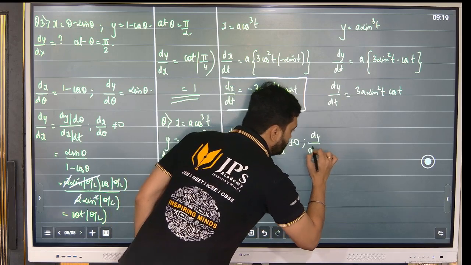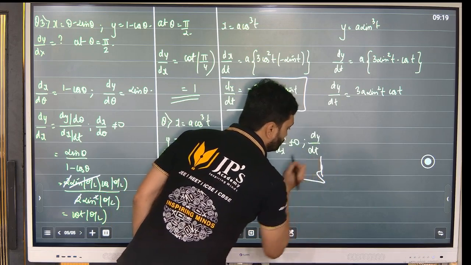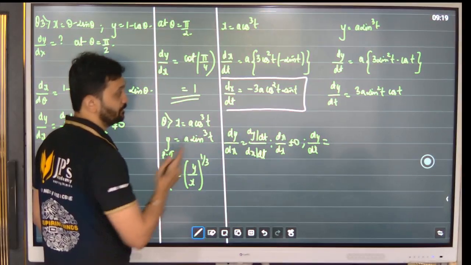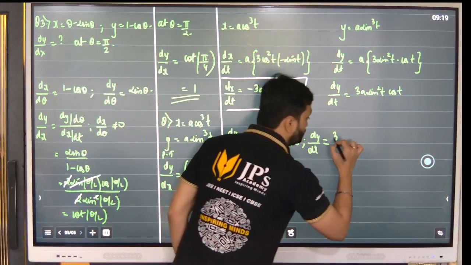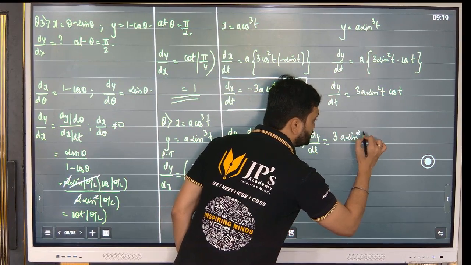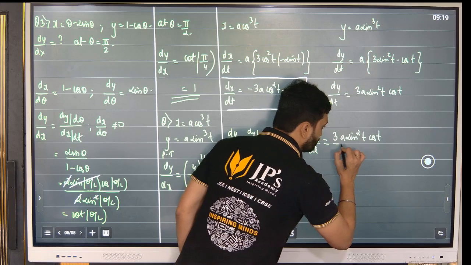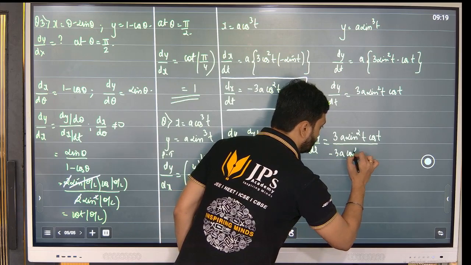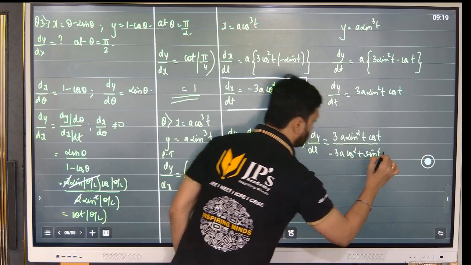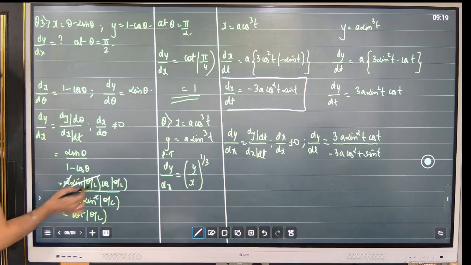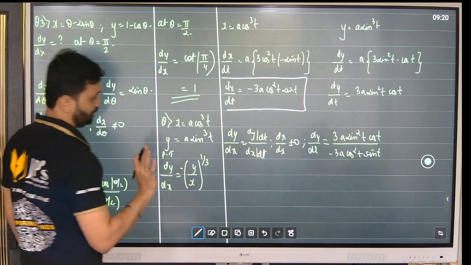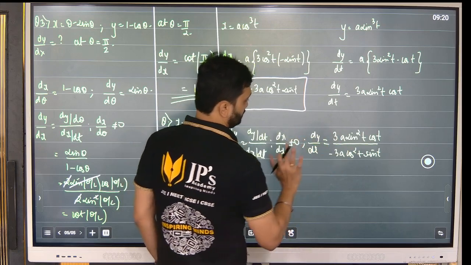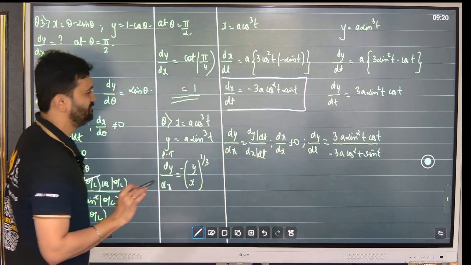So dy by dx will become 3a sin square t cos t upon minus 3a cos square t sin t. I think a minus should come here, I feel, I will check the question. Now, if I eliminate 3 also,